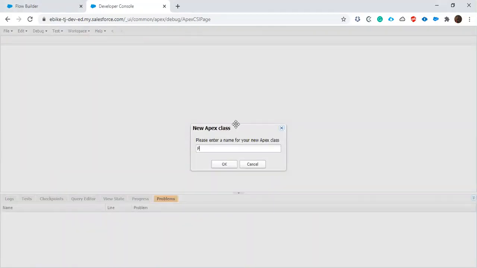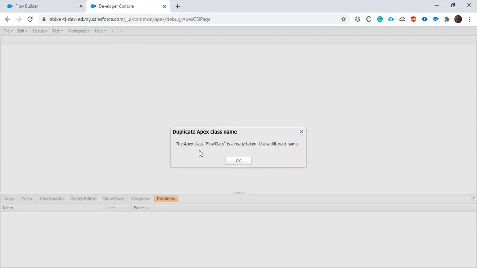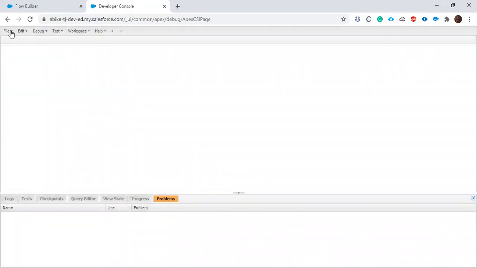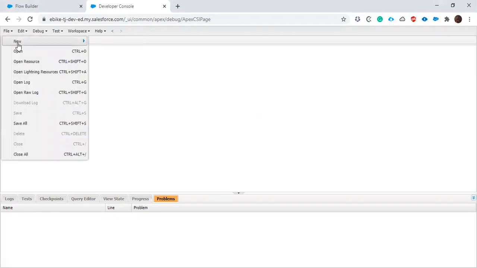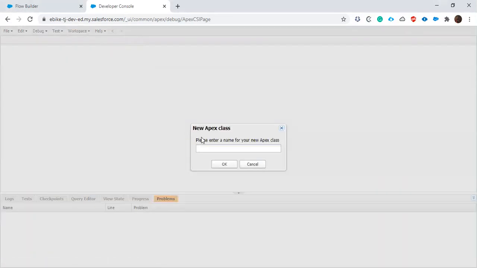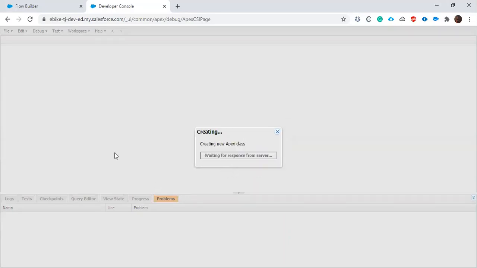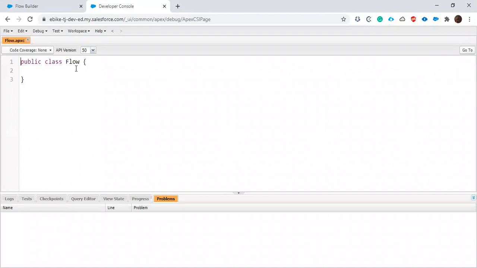Okay, so I can say flow class, and inside that, the name already existed. So let's search for them. Okay, create a new class here, flow. Let's say flow. Okay, so in this flow create a method, and that must be static and must have